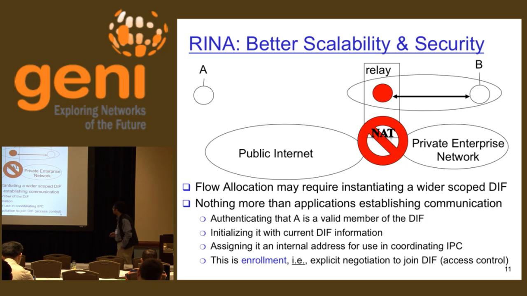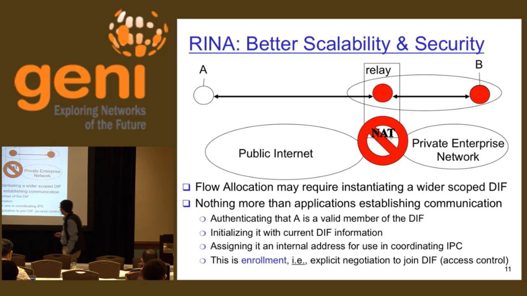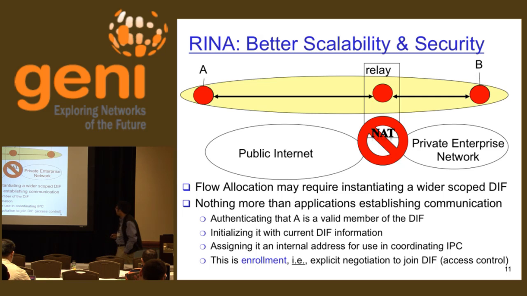So it will join this DIF. You can see that there is an enrollment. They will authenticate each other, so you authenticate that you allow this guy to join this communication layer. You initialize this guy with the policies of that layer. Policies include how you do routing, how you do addressing, etc. And then A can join as well. Okay. So there is an explicit enrollment procedure that we go through to dynamically build this communication layer, this DIF layer. Now once we have it, A and B can talk to each other through